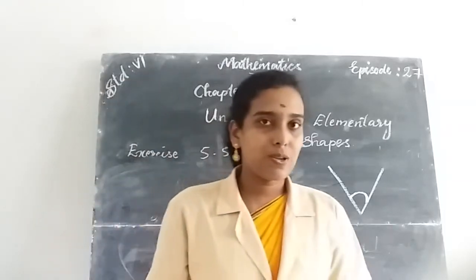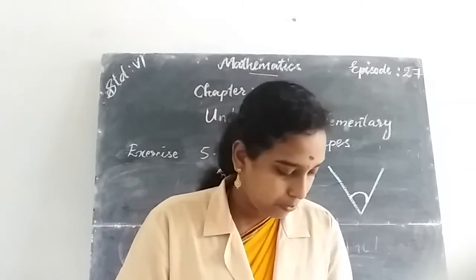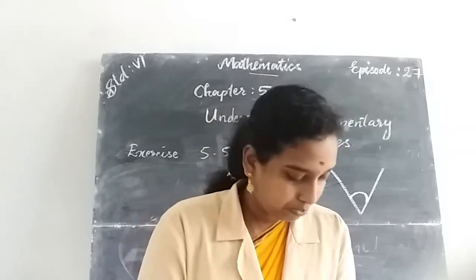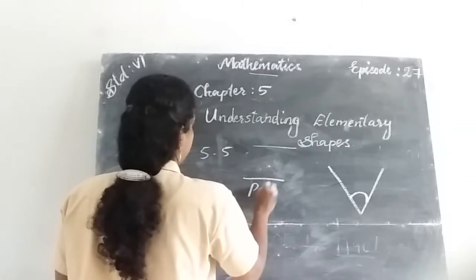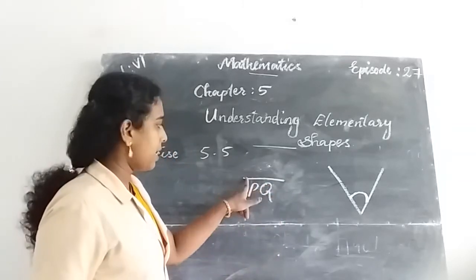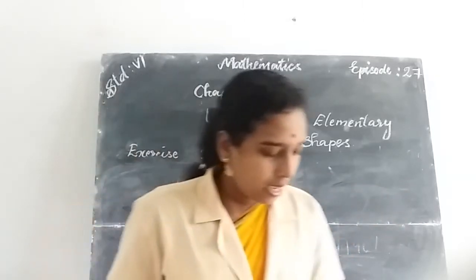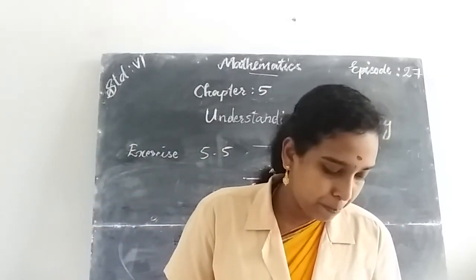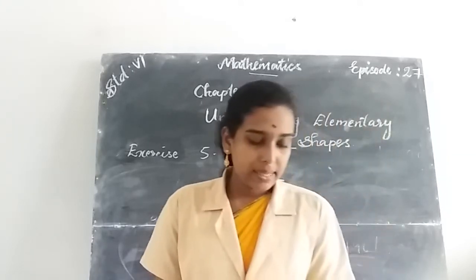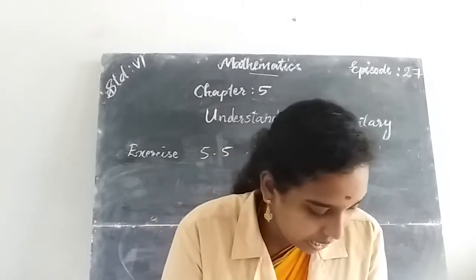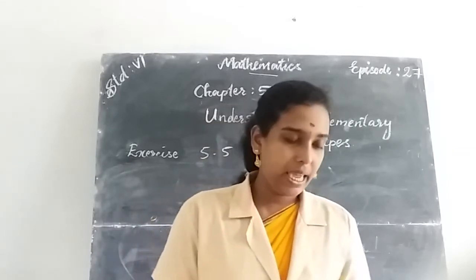These questions are all based on angles, and about perpendicular lines and parallel lines. Okay, and next question. How can we write this? Line segment PQ. Here the question: Let line segment PQ be perpendicular to line segment XY. Let line segment PQ and line segment XY intersect at the point A. What is the measure of angle PAY?